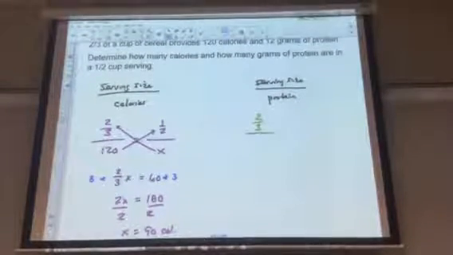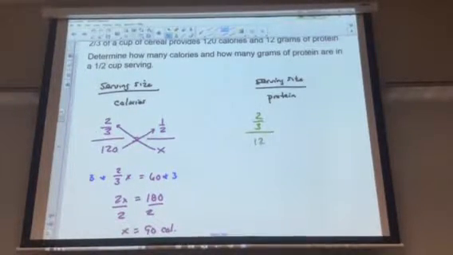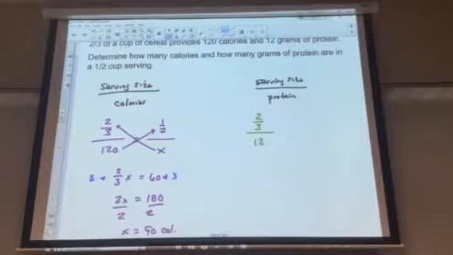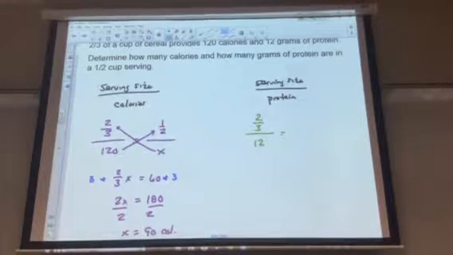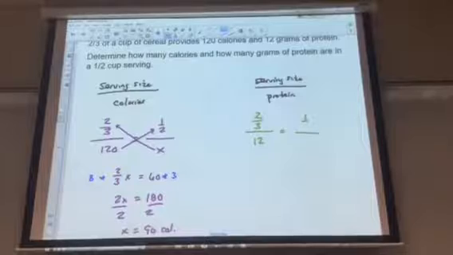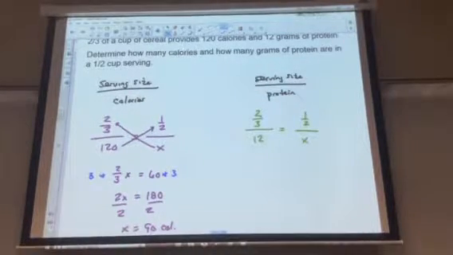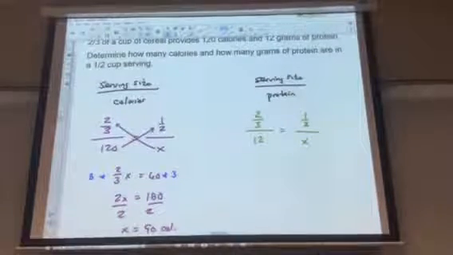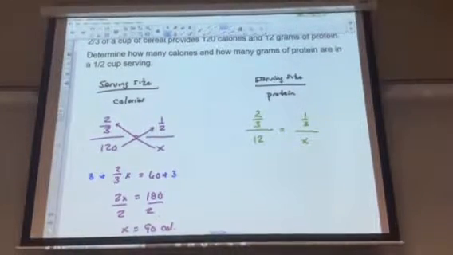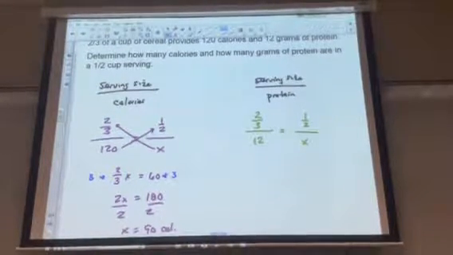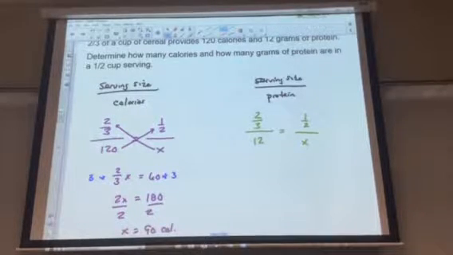2/3 cup, but now you're looking for, in that, I get 12 grams of protein. And I want to find out that if I'm not quite as hungry or if I diet, how many grams of protein are going to come out of that particular setup in the problem. It could be like this. It could be a problem that talks about